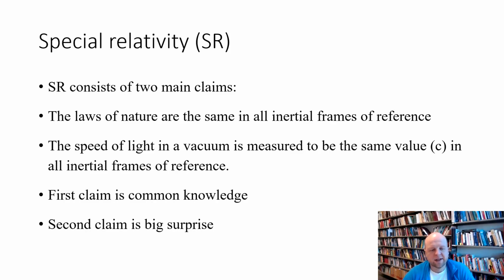And that's a big surprise because it means that the universe has to make all sorts of adjustments, changing how people experience time and motion and how things contract, etc., in order to make it the case that everybody measures the same speed of light. And why does the universe do this strange thing? There's no theory about that. If you ask a physicist, they'll only say, well, that's just how the universe is, but it's a very strange and surprising fact that the universe would make all these adjustments in order to make it the case that everybody measures the same speed of light. And it has a lot of interesting consequences, and we are going to look at them in the following videos.